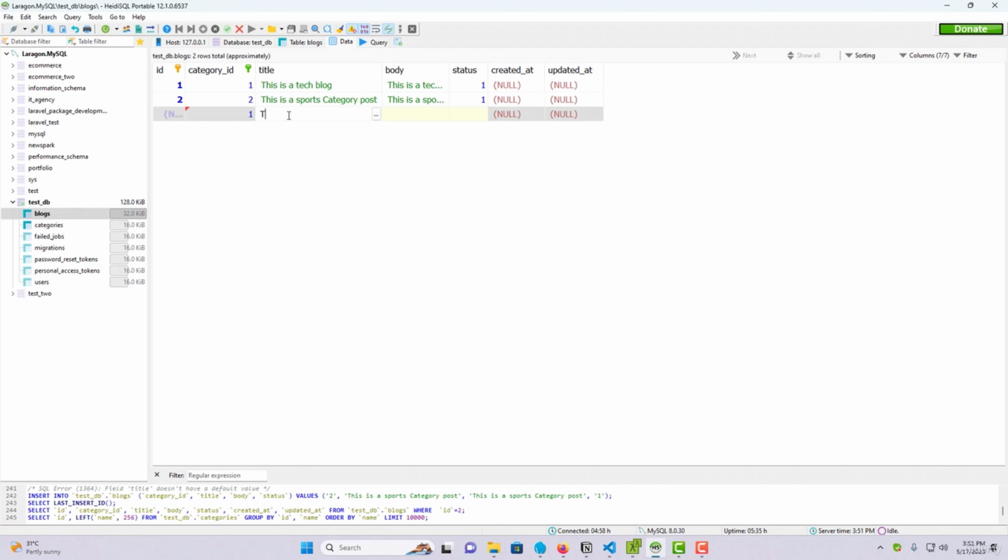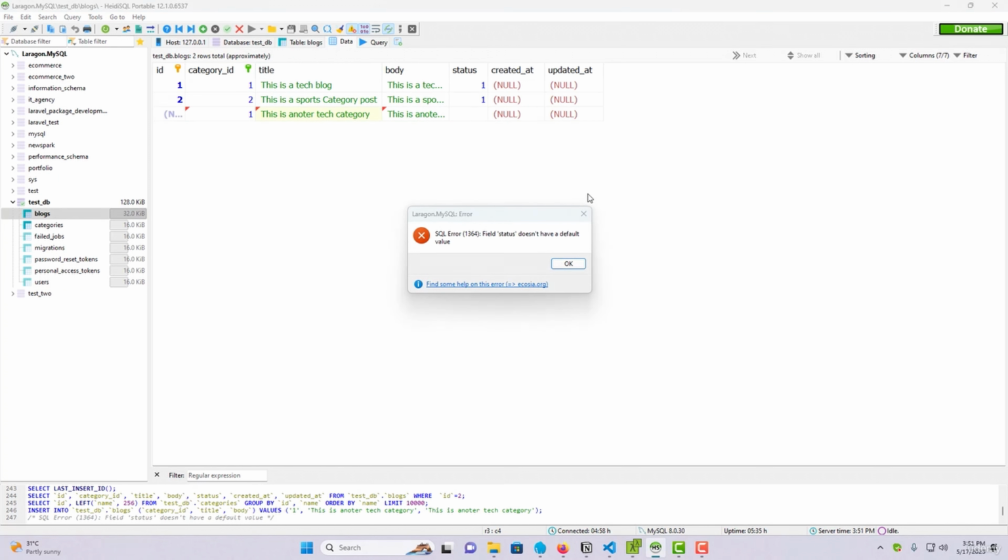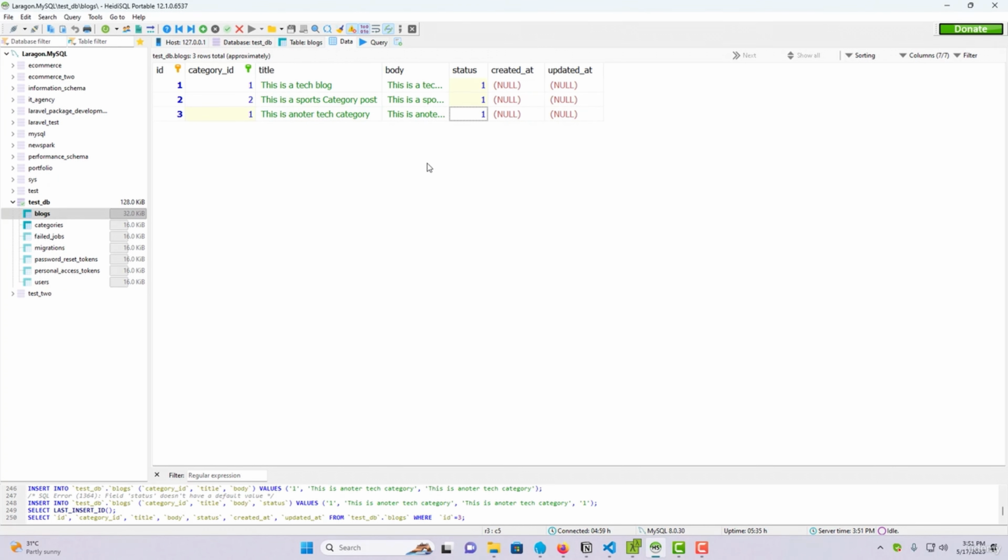Okay, we can call it another tech category. Just copy everything from here, paste it here. Sorry, we have to put the value 1 here. Okay, so we added some dummy contents here in the blogs table, and also we added the related referring IDs